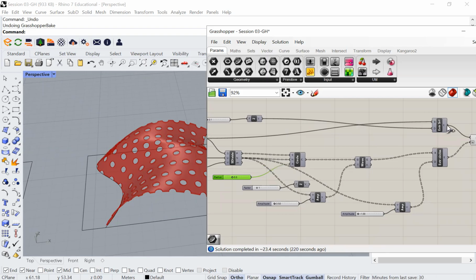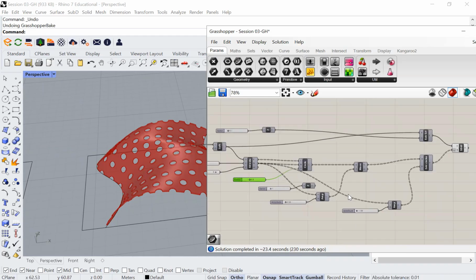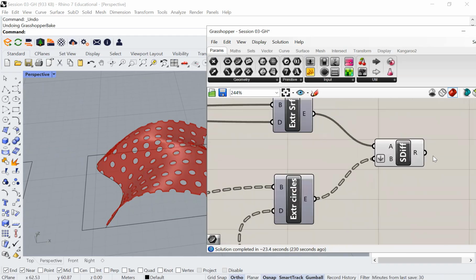And then we did two extrude operations, one for the surface and one for the circles. Of course, we need a direction and a number slider with it. Then we did the solid difference, or Boolean operation, to get this final result. So this is how we get a simple pattern on a complex geometry. Now, if we want to do the opposite,